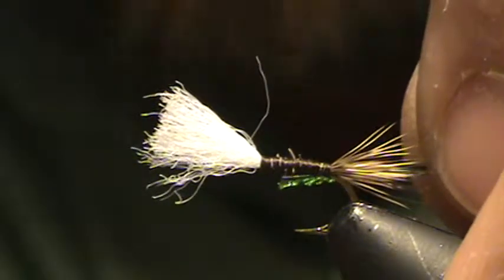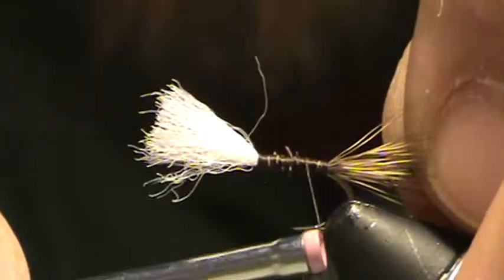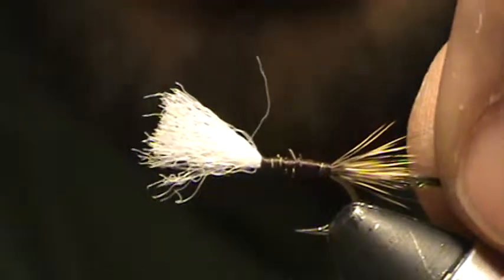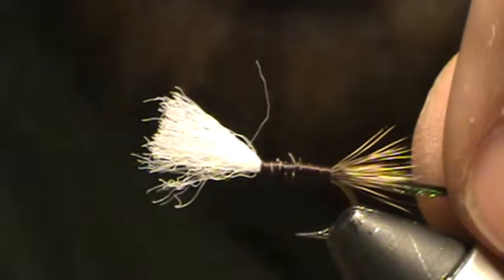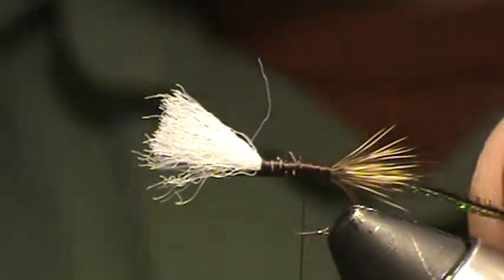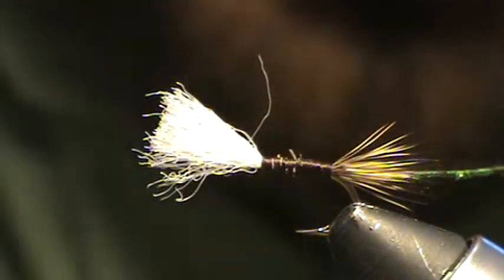If you have to, spin your bobbin counterclockwise a little bit or just do a pinch and loop. But if you spin it counterclockwise, the thread will jump backwards or at least stay straight for you. Okay, I'm going to let the thread hang right there just before the hook point and start to make my